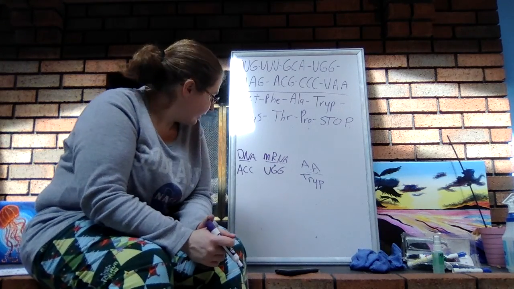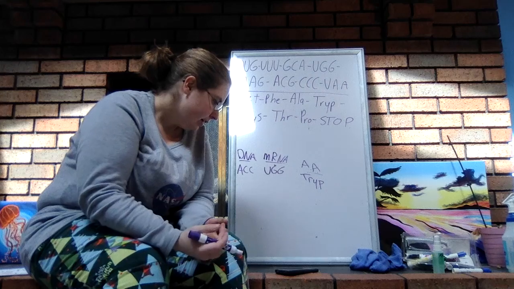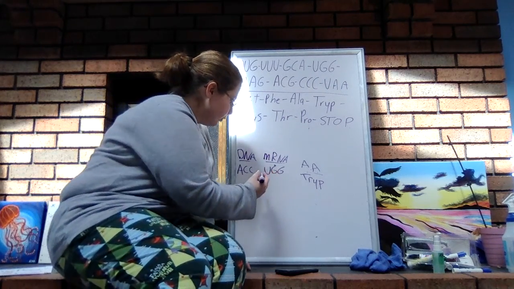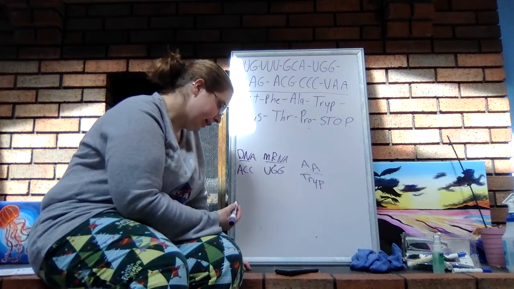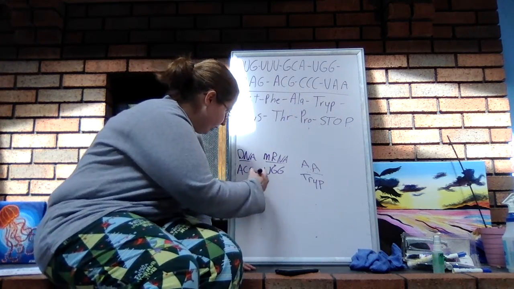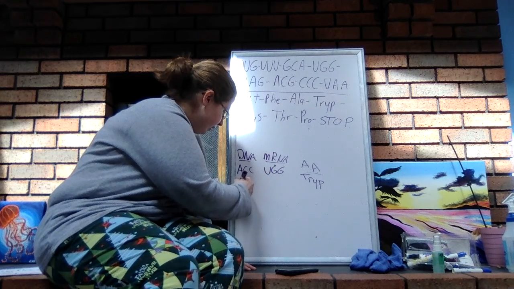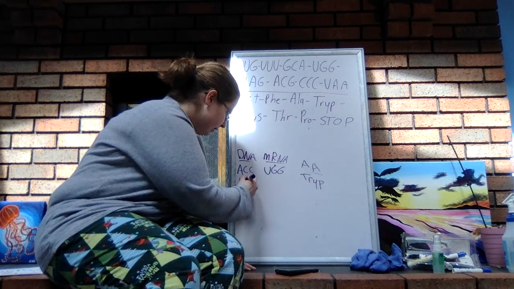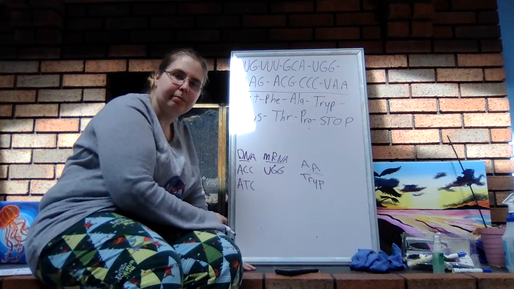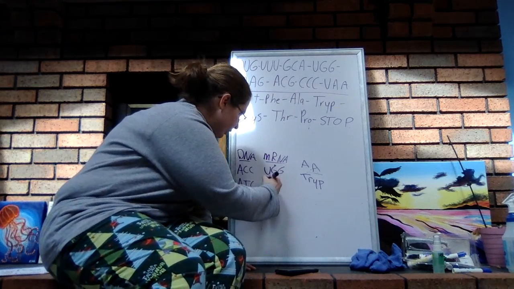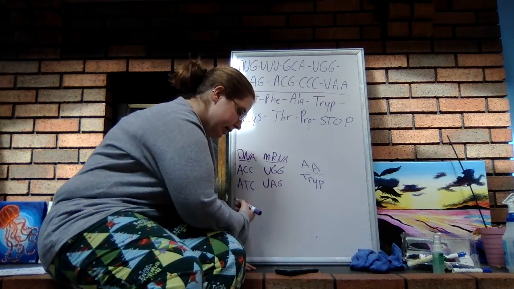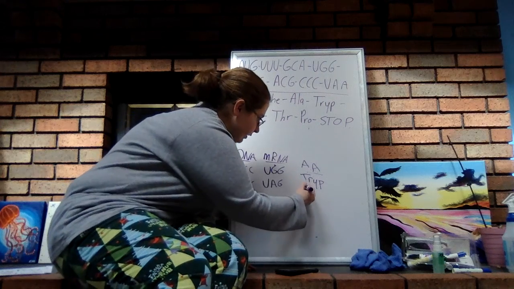Well, maybe we have a point mutation that affects the second base. So we end up with ATC. So we're switching up that second base. That will lead us to UAG, and UAG